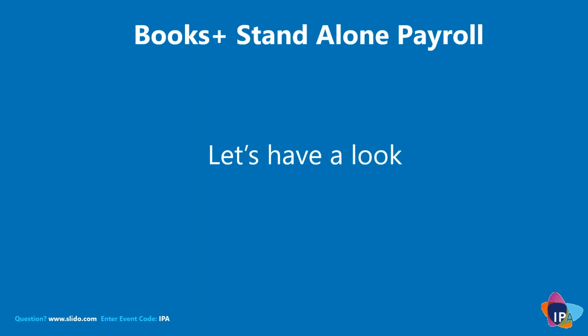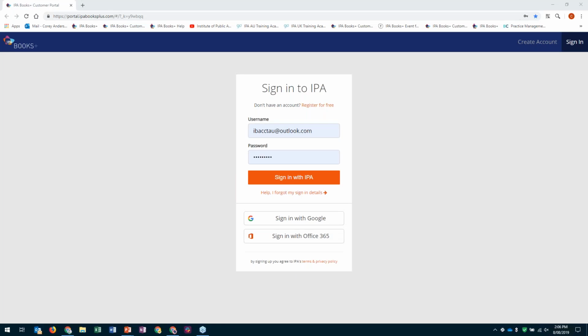Okay, so let's go into IPA Books Plus. You need to have registered for IPA Books Plus, so we just click on register for free, log in, and go through the prompts. If you need to know more about signing up and that sort of process, you can find that from IPABooksPlus.com, and there's a quick start guide there. So I'm signing in,